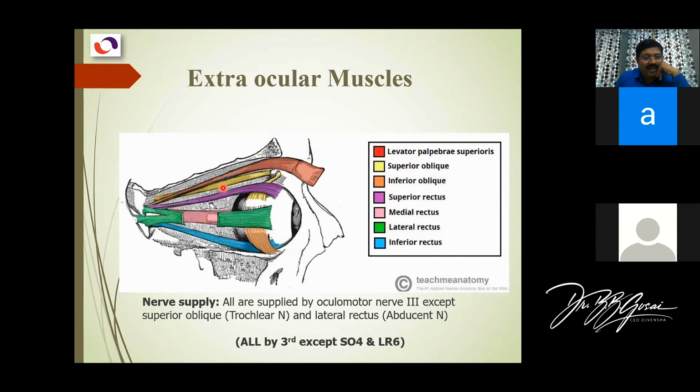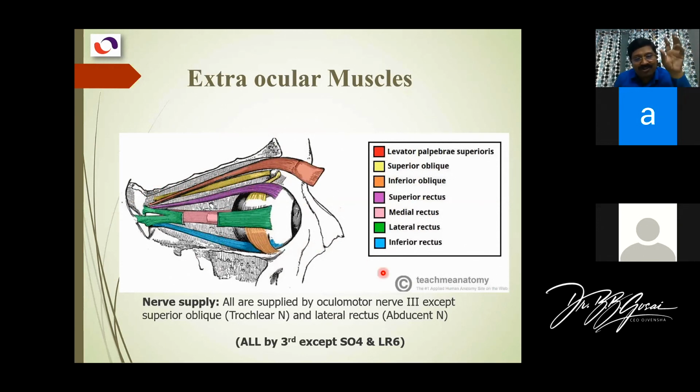This is the superior oblique. As I mentioned in the bony orbit, there is a trochlea. This muscle passes through the trochlea and runs backwards. It changes direction here. So this is the superior oblique. And this one is the inferior oblique, which comes from the floor. This is the only muscle which comes from the front and goes backwards. All other muscles come from the back, the apex of the orbit. But the superior oblique turns backwards after passing through the pulley. So this is about the different muscles seen in this picture.